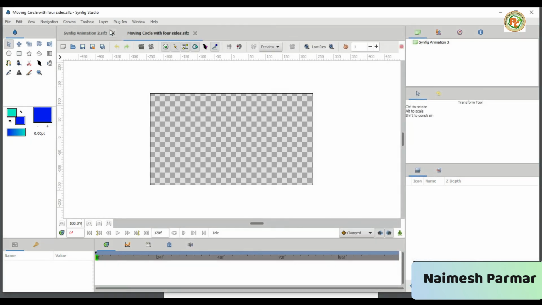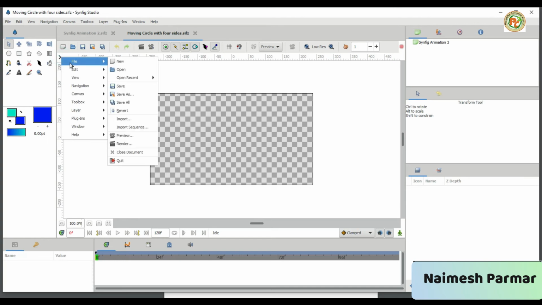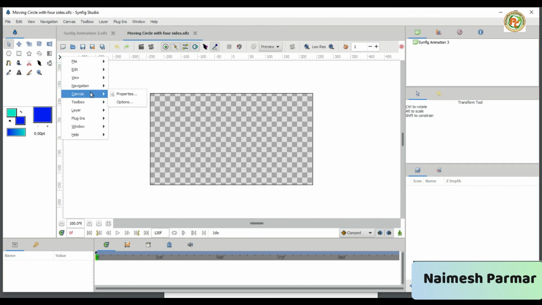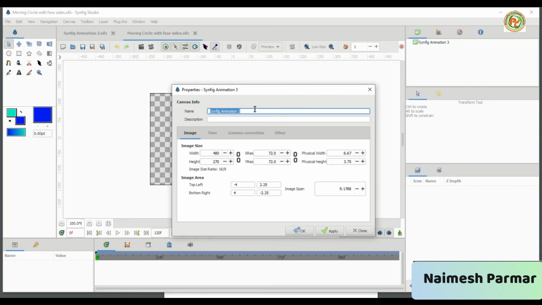Now the second thing we are going to change is, click on the caret, go to File, go to Canvas, and click on Properties. We are going to give the same name, moving circle with four sides. Just this, we are going to save as the name.